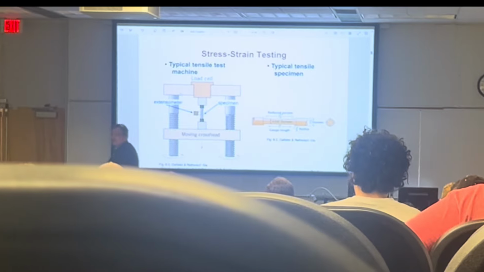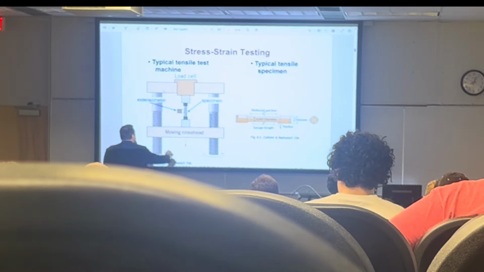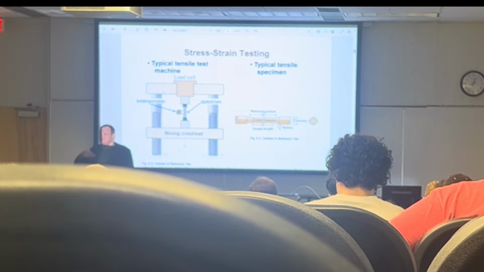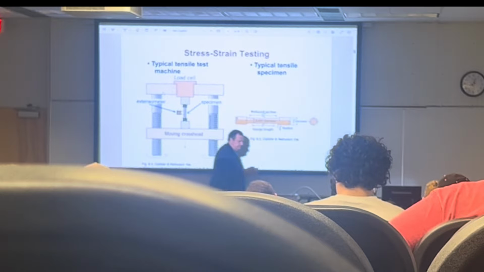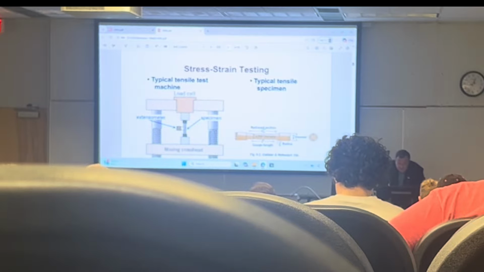The load cell is in series with a sample. And it's measuring the load. Now the displacement is measured by this extensometer or sometimes by this crosshead. What we were doing with the student just before this is I built a tensile machine. A portable tensile machine for measuring elastic properties of